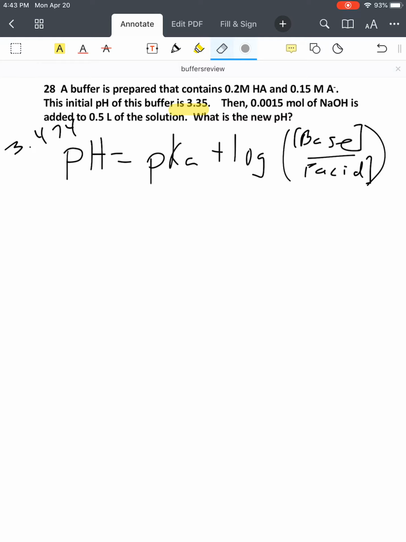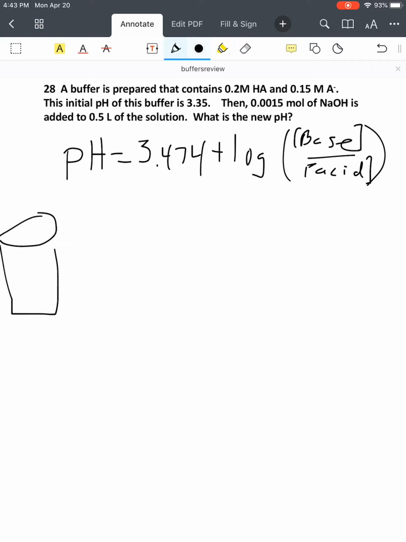Alright, so where do I go from here? I now know my pKa. Actually, I should put it right here, shouldn't I? That's a very logical place for it. 3.474, since it won't change anymore throughout this problem because it's governed by what the acid is. Alright, so now I'm at this point, and I'm told that I take some of this buffer, specifically a volume of what, half a liter? Yes, 0.5 liters of my buffer,